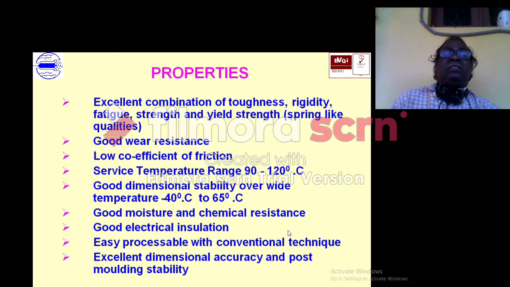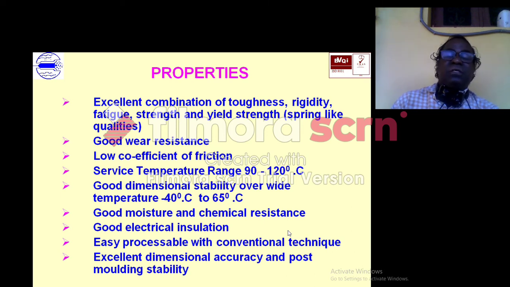And the properties: it is an excellent toughness material with high rigidity strength and yield strength, good wear resistance, and low coefficient of friction. So it is used in gears because of the low coefficient of friction, and the service temperature is up to 90 to 120. Moisture and chemical resistant, good electrical insulation.